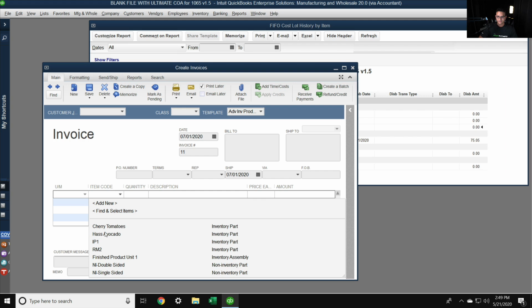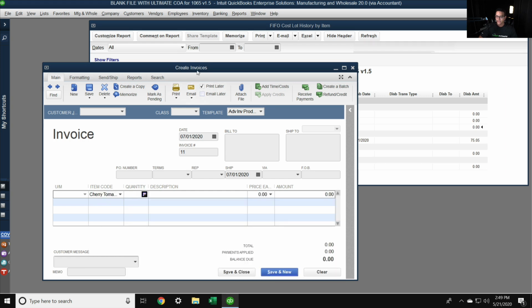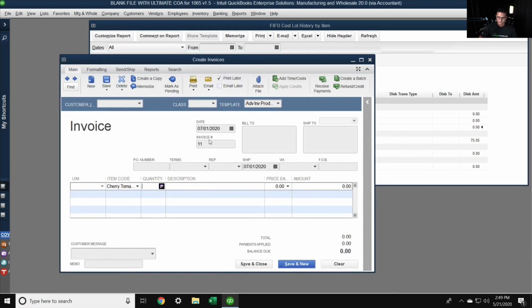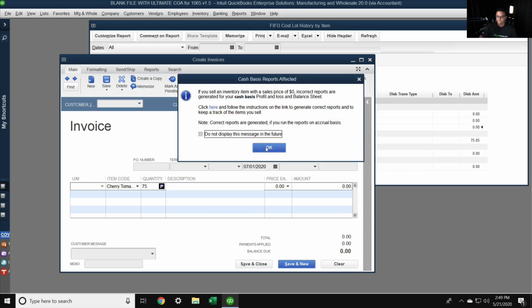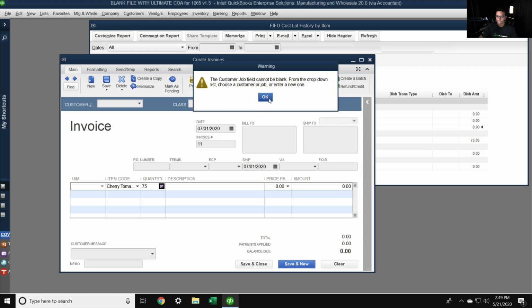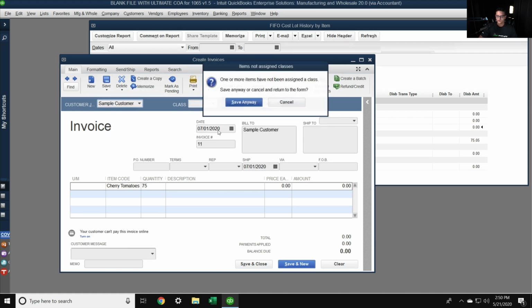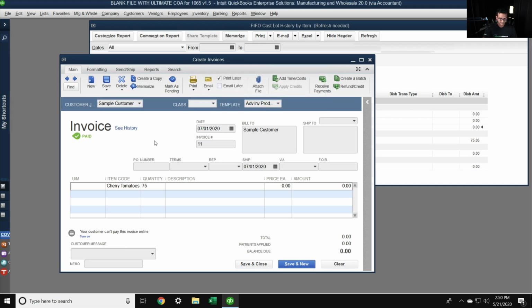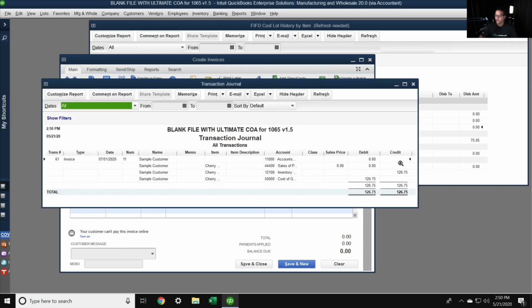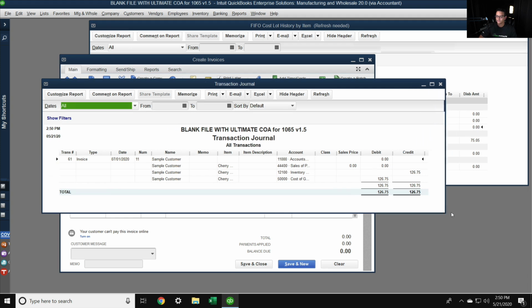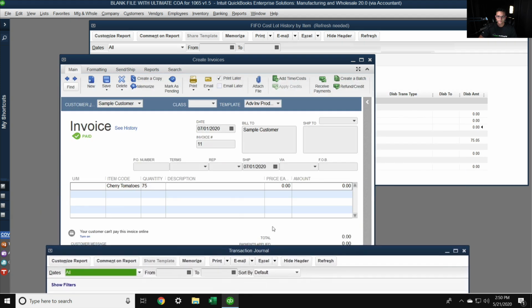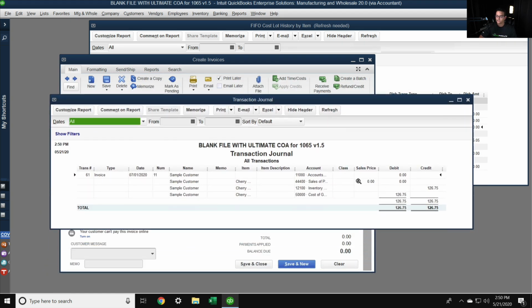I'm going to select my cherry tomatoes, and then how many are in the first lot? 100. So I'm going to sell 75 from the first lot. Click on save. So let's select the customer so I can save it. And let's do the trusty Control Y so we can see what the cost is. And the cost on this is, how many did I sell? 75. Okay. So the cost on this is